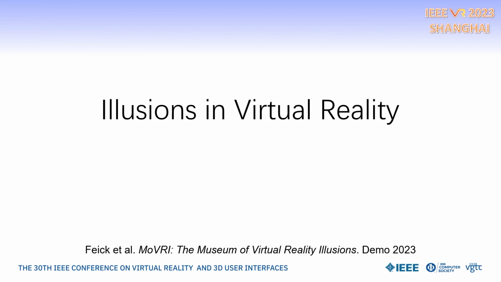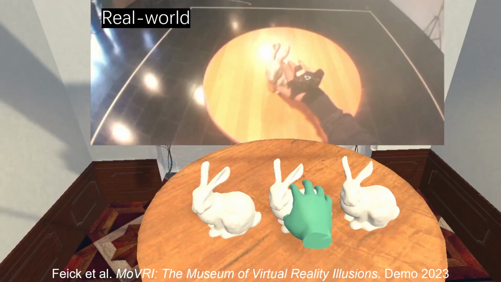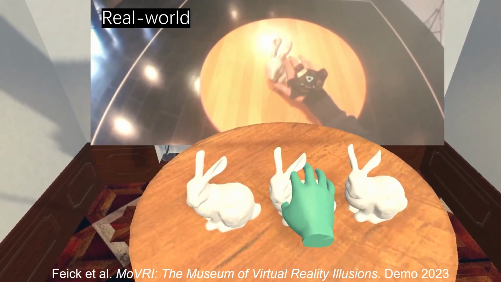redirected walking or change blindness redirection all the way to hand-based illusions, which are the focus of this work. Here are a few examples of different VR illusion techniques, such as haptic retargeting, allowing a single physical proxy object to act as a stand-in for multiple virtual objects. But there exist many more. They all have one thing in common: they offset the position of the virtual hand from the position of the